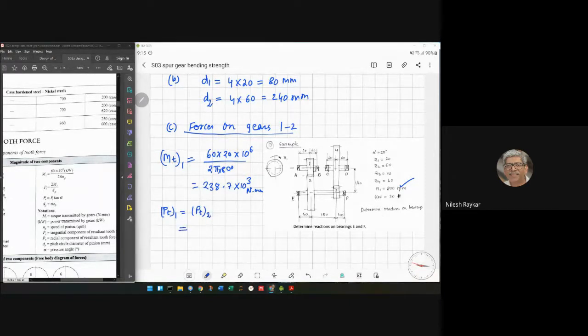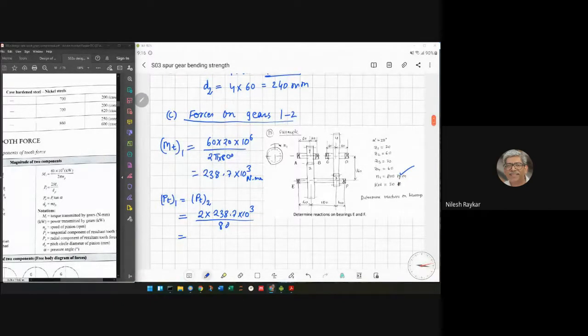So here we are just talking about magnitude, which will be 2 times MT. So MT is 238.7 into 10 to power 3 divided by diameter. So diameter we have calculated as 80. So that gives us PT1 equal to PT2 equal to 5967.5 newtons,